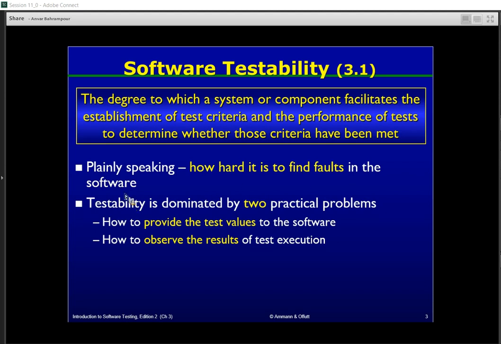To find faults we have to use some test criteria, such as those you have experienced in chapter 2, such as edge coverage, path coverage, edge pair coverage